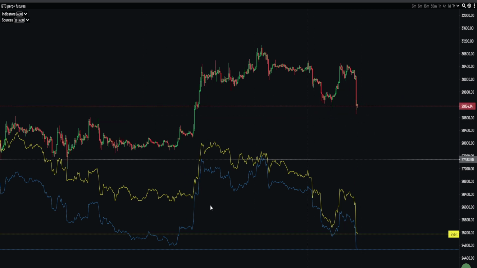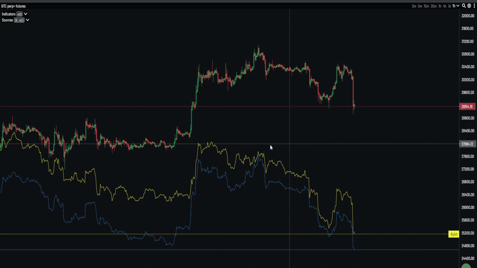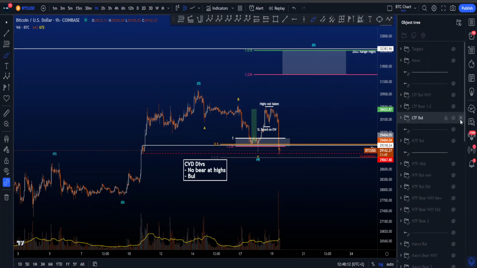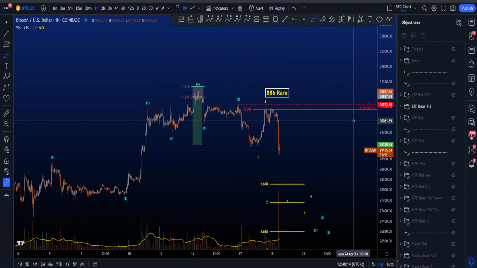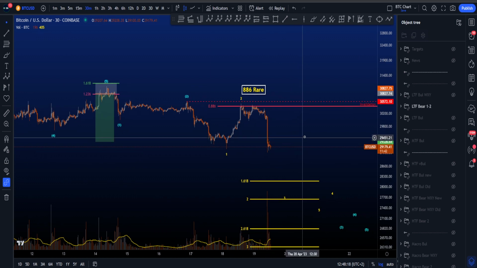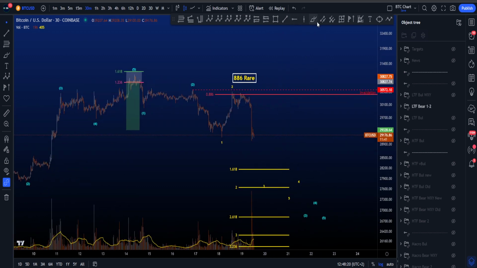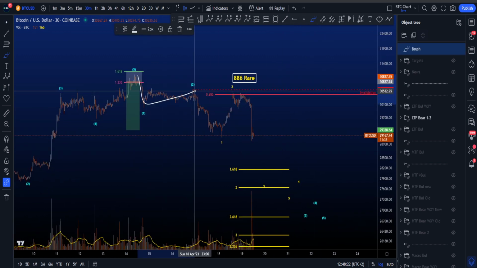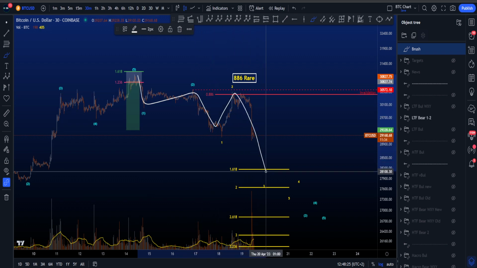So a higher low in price, but as you can see, lower lows on the CVD. So let's go to the first bearish scenario on the chart right now, switching to the 30-minute time frame, where this is a 1-2-1-2 scenario. So we have a 1-2 and then another 1-2 for then eventually an impulsive structure to the downside in a